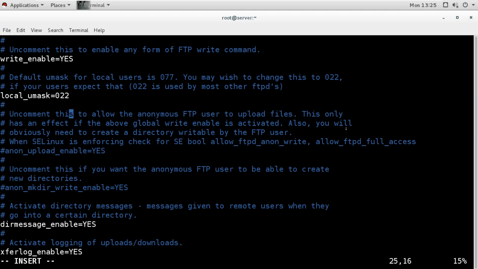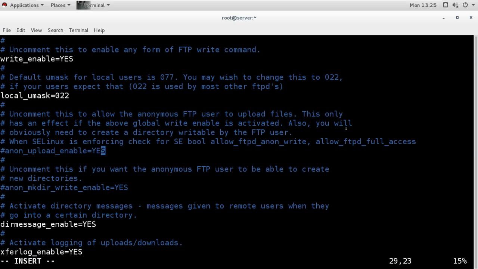Then you have this line here, which is also commented. Now the commenting means it is not used, it is actually used in default status. This line says anonymous_upload_enable yes. That means we are giving the anonymous user access to upload files.